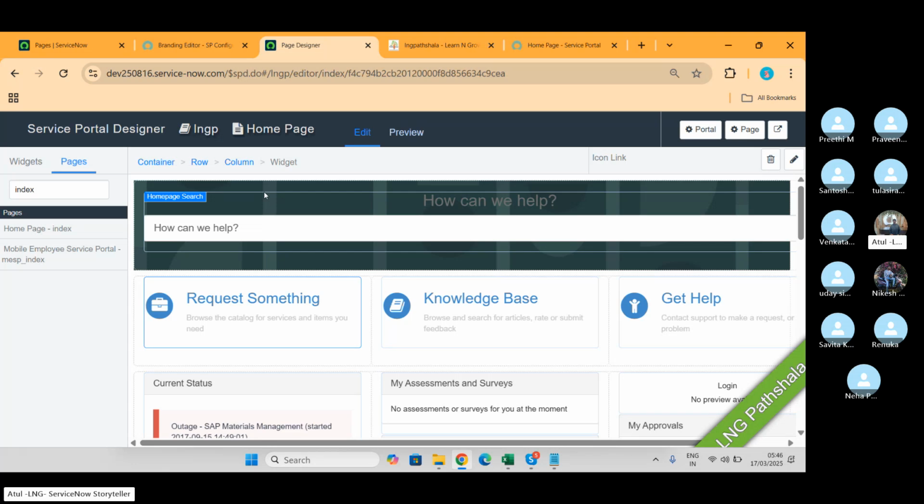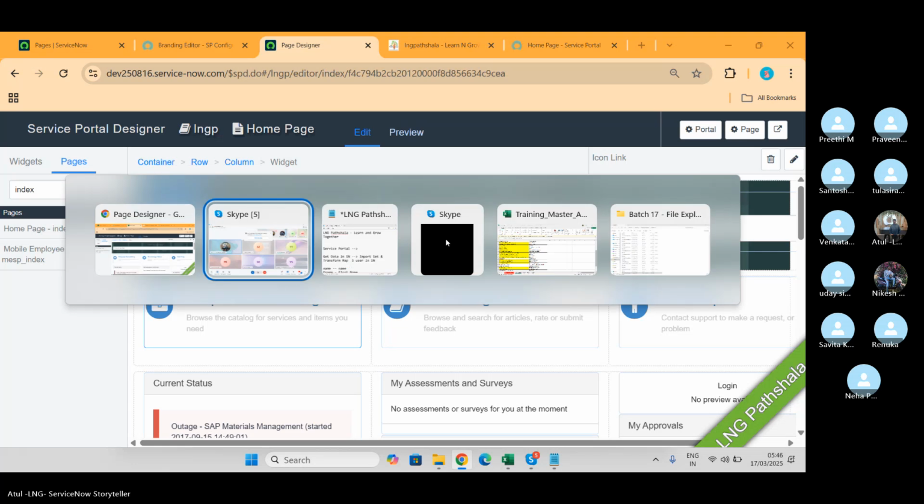Yeah. But changing the logo does not require any HTML code. It is very basic. That is what I'm saying, that you can do this. Yeah. So after going into branding, we can put that logo image and it appears up there. Give it a try. Because I'm not talking about the page logo. I'm talking about this box logo. In this, I want to change this green color image.